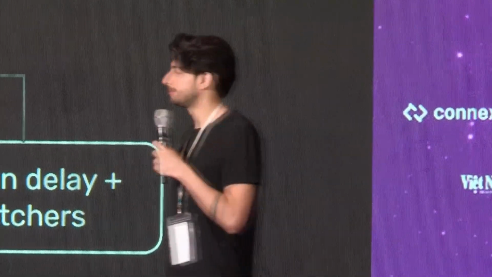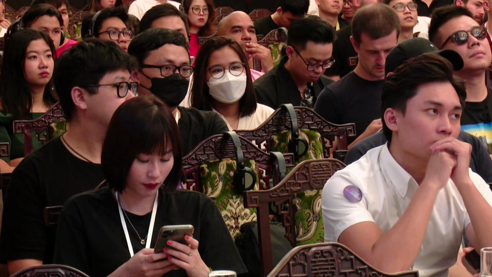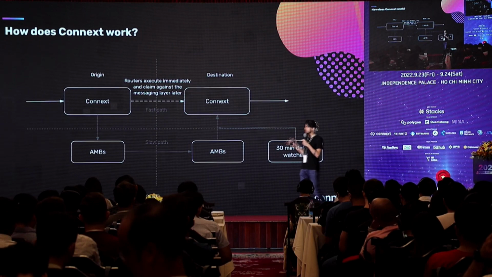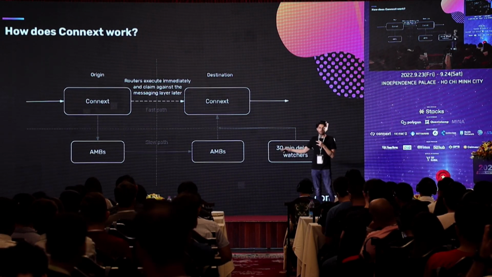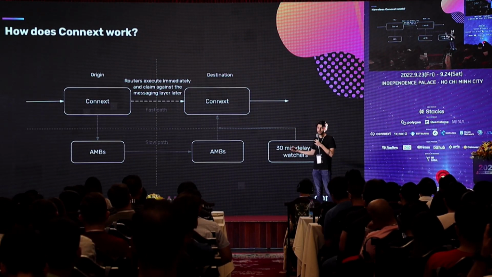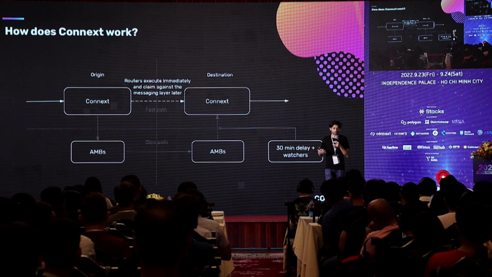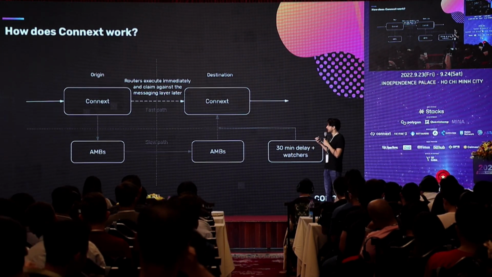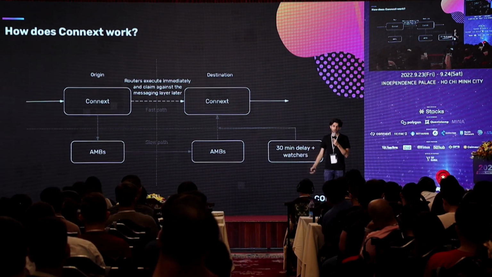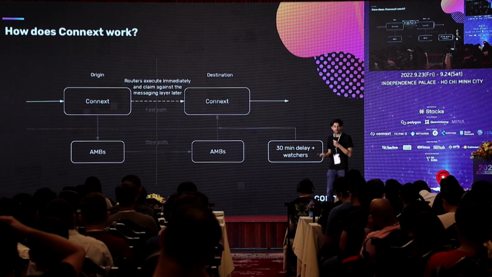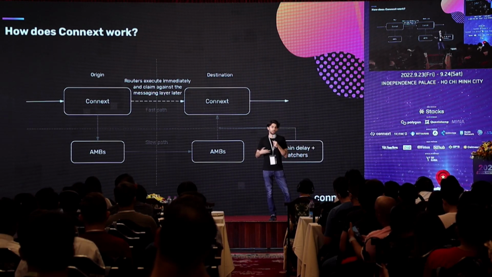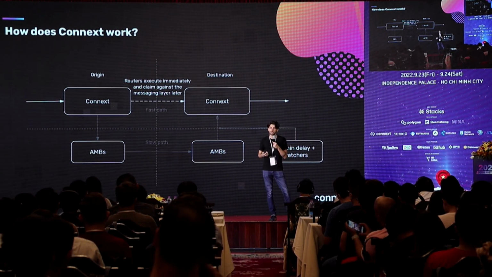So what is Connext and how does it work? Connext is a mechanism to communicate across blockchains. The way that we minimize risk is that we try to use existing bridges as much as possible. We try to use AMBs, which are arbitrary messaging bridges, that exist within a given ecosystem. So for example, the Polygon POS bridge is an AMB. The Gnosis chain bridge is an AMB. But this also includes things like the rollup bridges. So the bridge to get into and out of Optimism and Arbitrum.